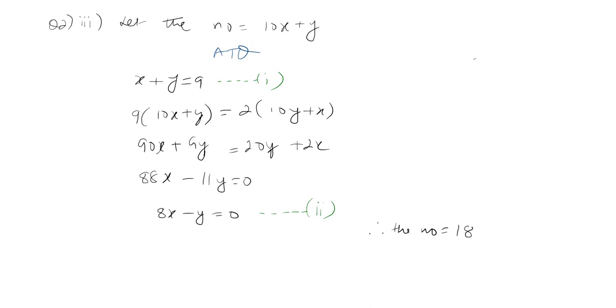How did I get the 18? Because x is the tens place value, so I will replace it here with 1, times 10, and then y will be 8. So if I substitute here, I will get 18, or simply I know that x is tens place, so put 1 in the tens place, put 8 in the unit place, and the number is formed, right? Any doubt? Any kind of question you have? Query you have? Okay. Well, so we'll move to the next question.